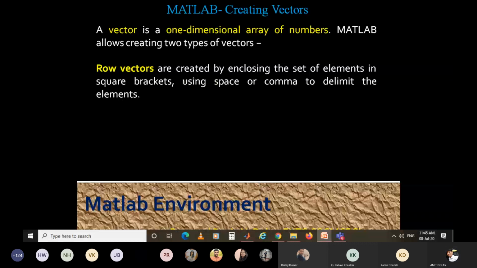This is the example: R is the row vector in a square bracket with spaces between 7, 8, 9, 10 and 11, which results in a row vector.